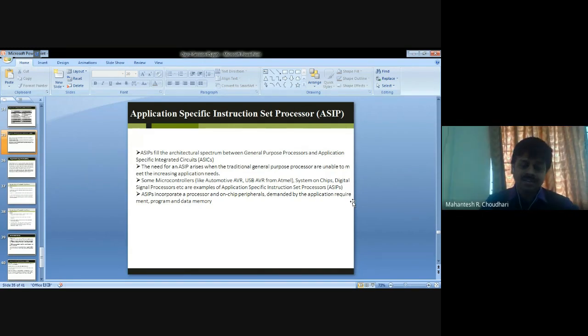Okay, fine. Application specific instruction set processor, as I told, they used to make application specific instructions for processors with the architecture and instruction set optimized to specific domain application requirements, like network processing, automotive, telecom, media applications.